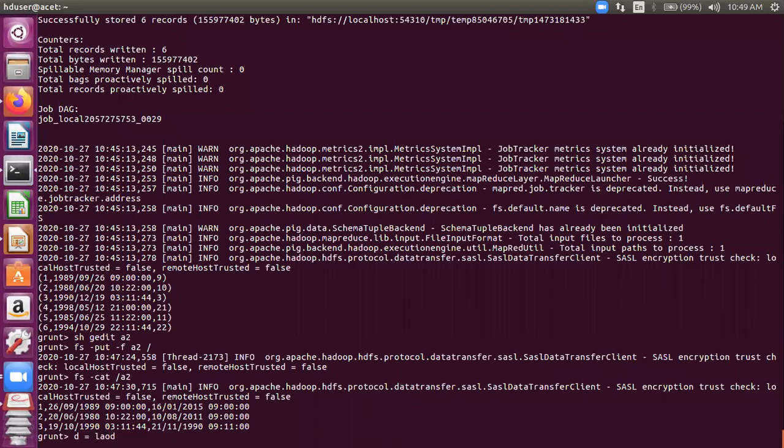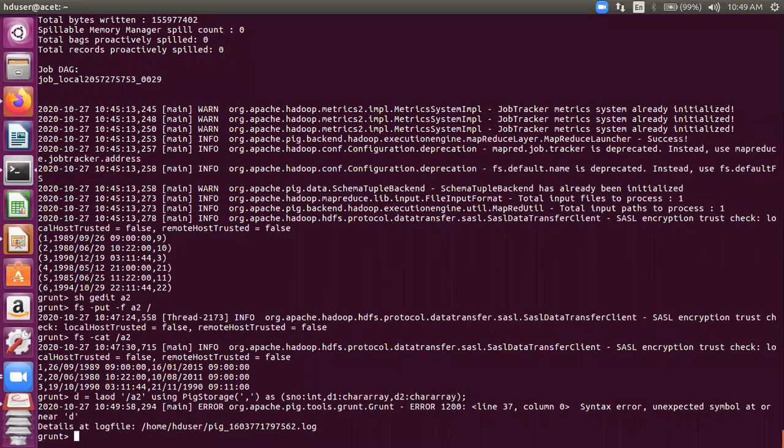Okay, I'm loading this data set now, comma separated, as, again let's give it a name: serial number int, comma, d1 char array, comma, d2 char array. Okay, that is the first step that we do.